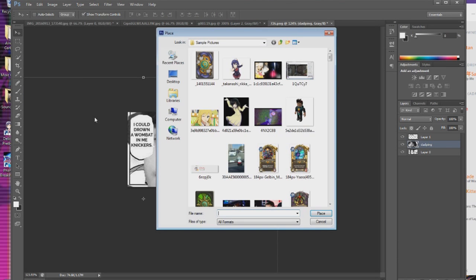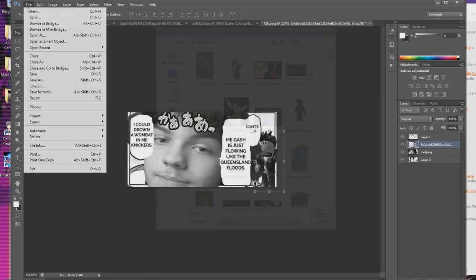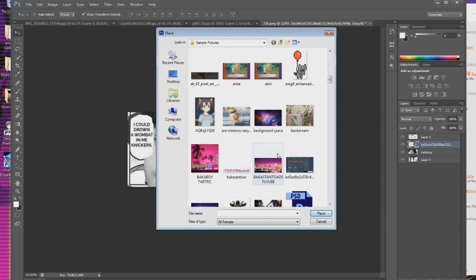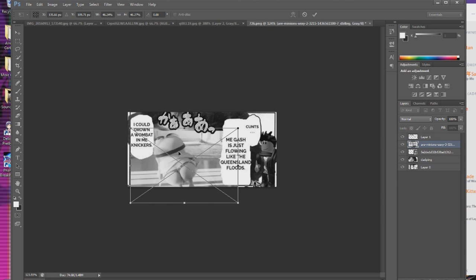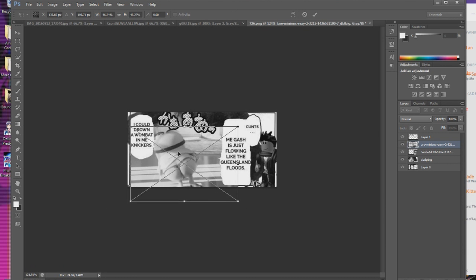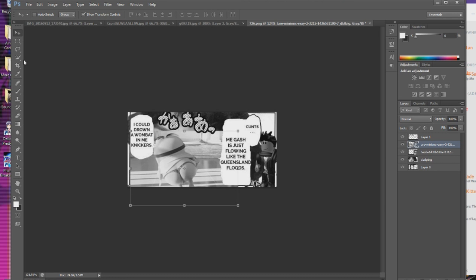Like this meme, or, I don't know, you could add in this meme, and it can still be underneath it. All you got to do is place that, and then use the quick selection to just quickly select that minion, and